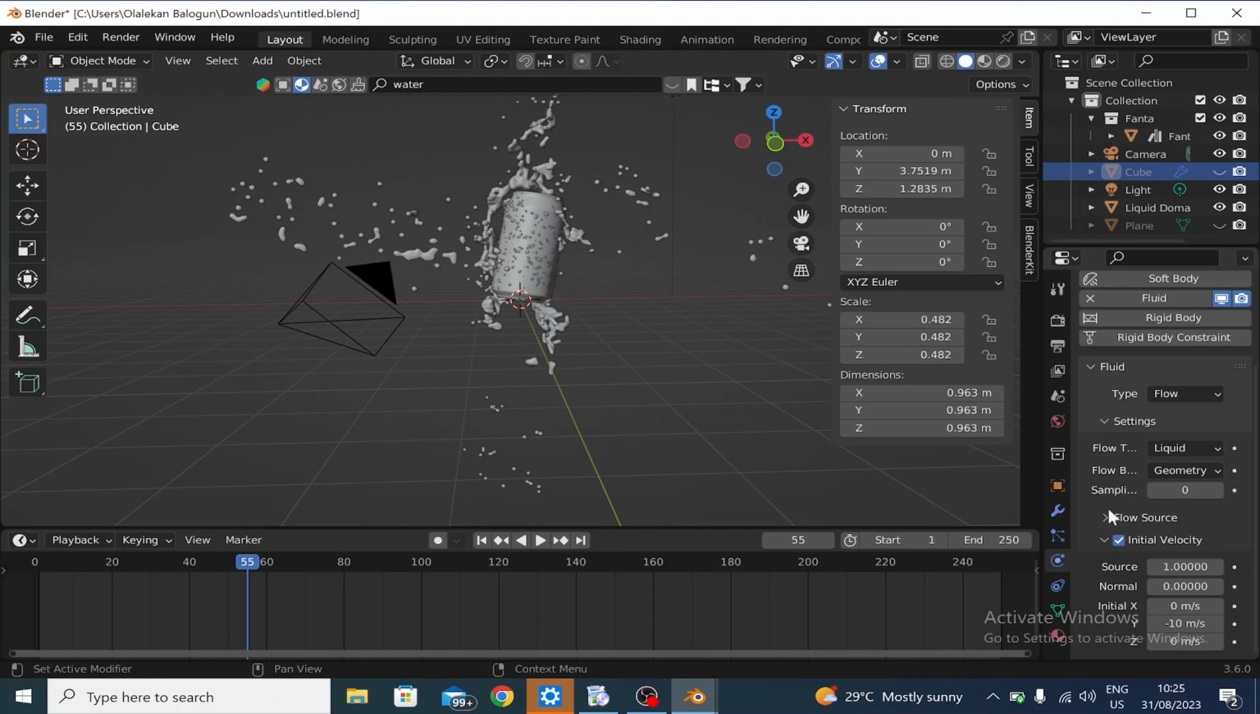Another error, another very serious error is this. Let's assume you notice the liquid splash or the water splash went through your object. This is how to correct it. You come to